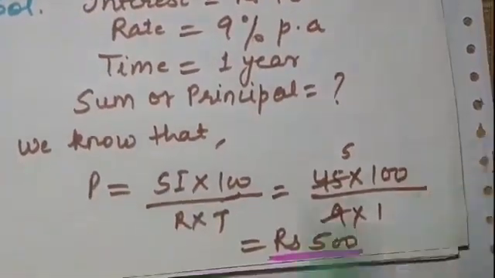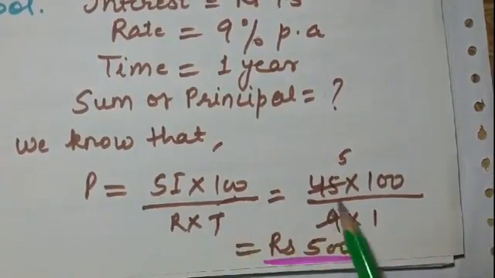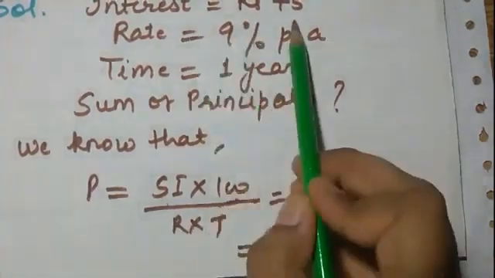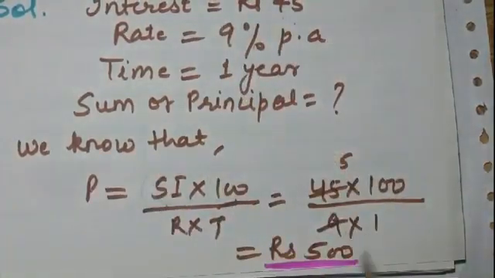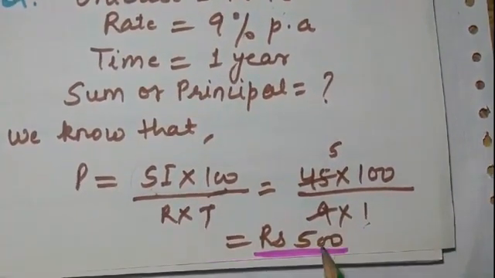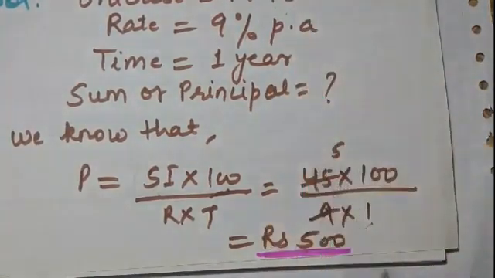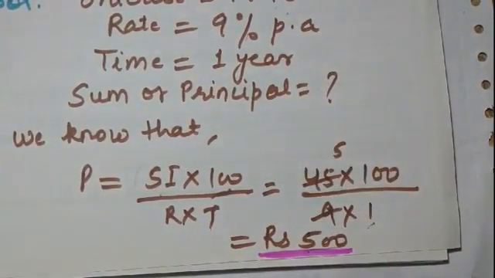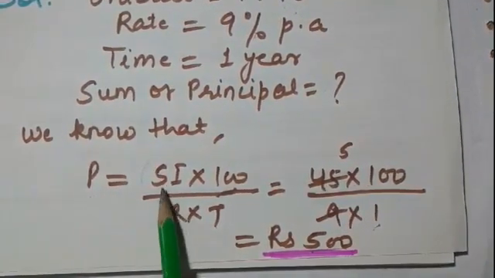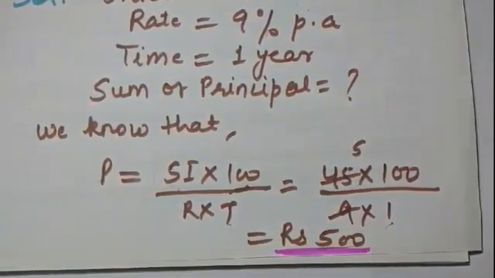Again we know that principal is given by SI into 100 over R into T, that is 45, because SI, simple interest, is 45, into 100 over 9 into 1. Time we have is 1. On solving you will get 500. This is the principal, the sum she has borrowed. So this is question number 11. We have given simple interest, rate, and time, and you only have to apply the formula to get the value of